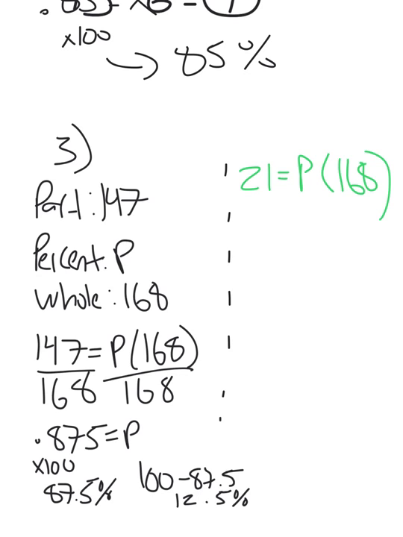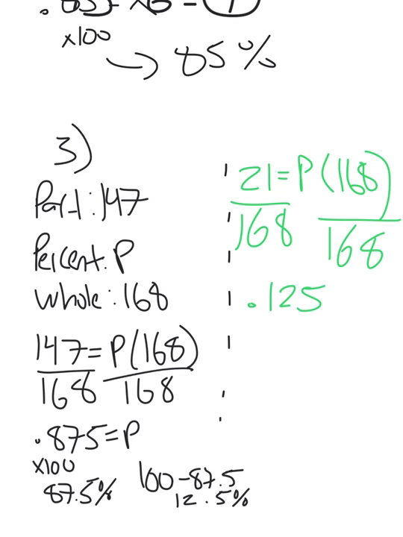Well, he scored 21 points in the playoff game, meaning I can use 21 for my partial amount, and I could solve for p. I could divide by 168, and that would actually give me 0.125 equals p. Once again, to convert a decimal to a percentage, I can multiply by 100, which would leave me with